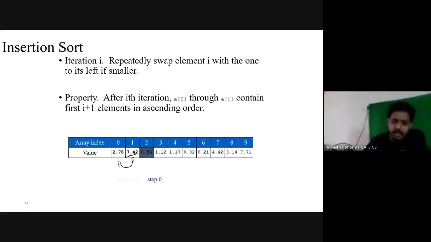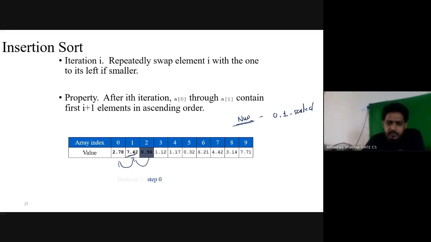So positions 0 and 1, now up to here. After one iteration, 0 and 1 consist of a sorted list. Previously only 2.78 was sorted; now both the 0 and 1 positions are in the sorted list.